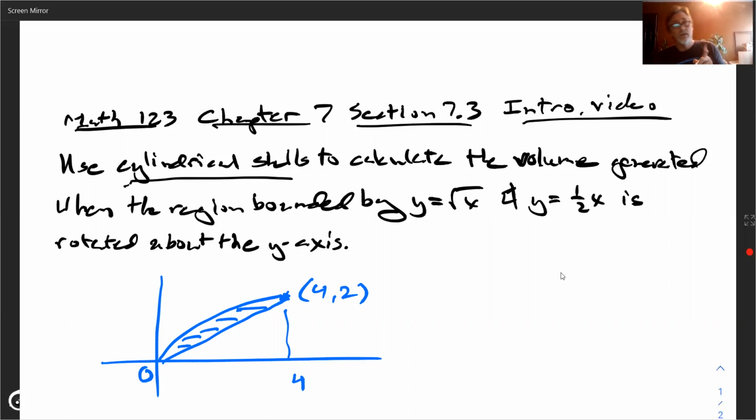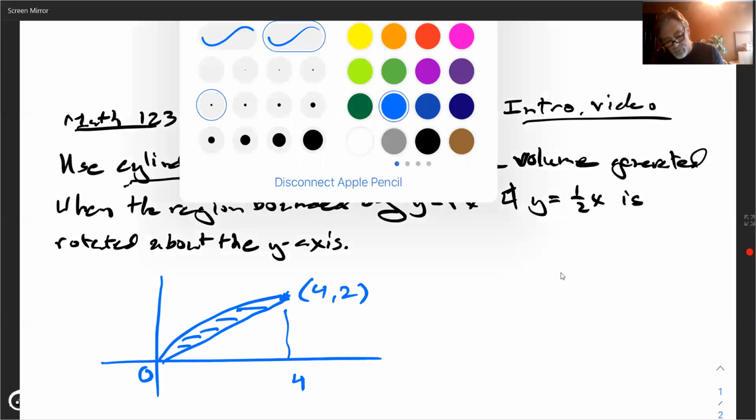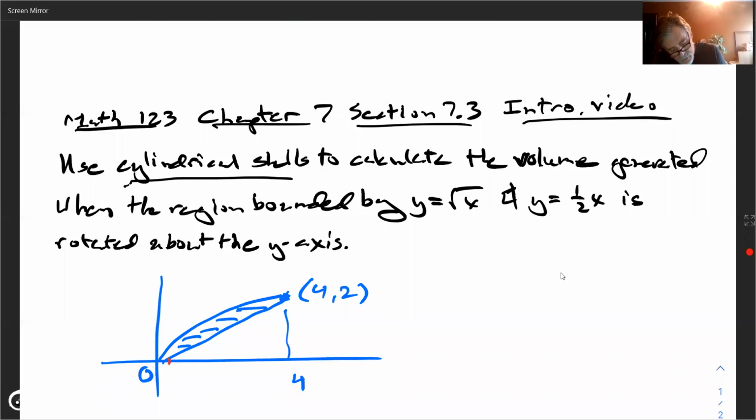Okay, so here's the thing. If you slice and dice as we did before, you get this little rectangle, whatever you want to call it. When it rotates, it's not going about the x-axis. It's not fanning around and creating a washer. You're not looking at an area anymore. Instead, it's told to go around the y-axis now. So as we go around the y-axis,